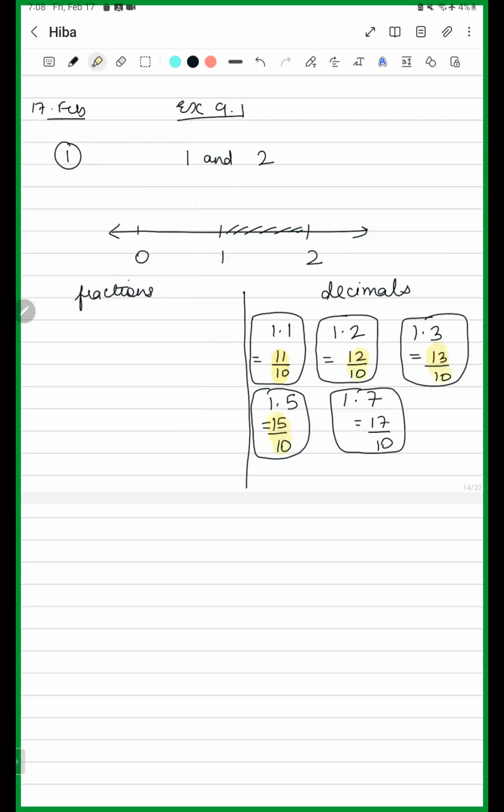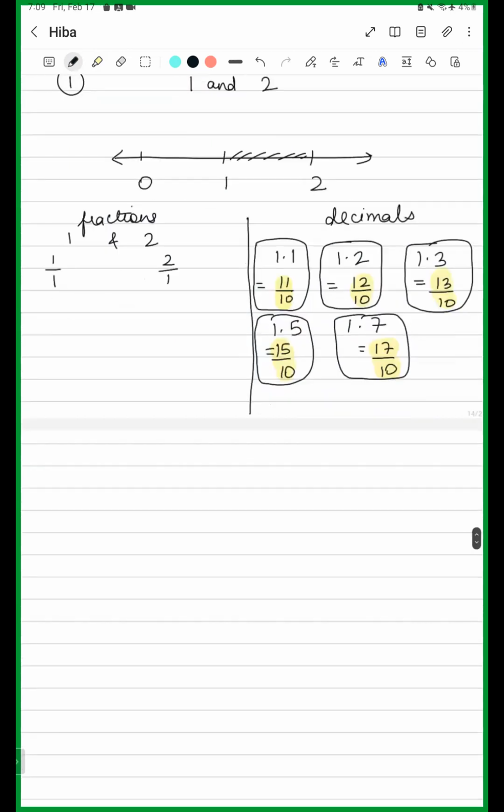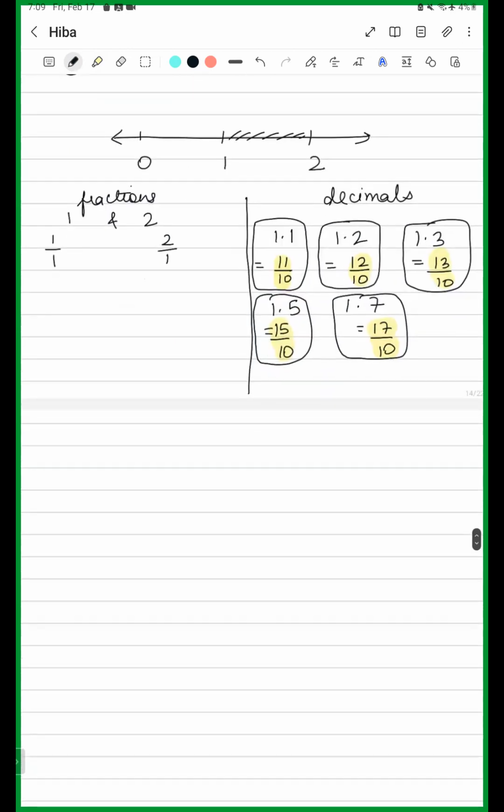But if you're using fractions, then one way that you can do this is between 1 and 2. You can write 1 as 1 by 1 and you can write 2 as 2 by 1, right? Now, the thing is, we want to compare these two fractions. Now, let's say, Hiba, if I ask you, find 2 rational numbers between 6 by 10